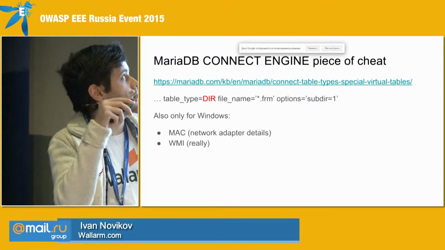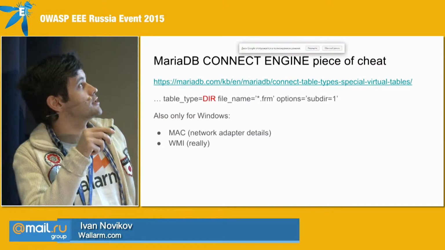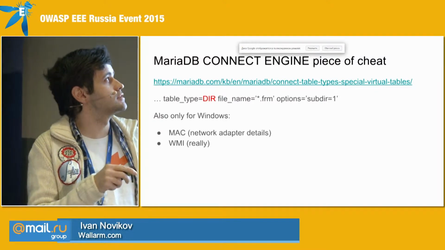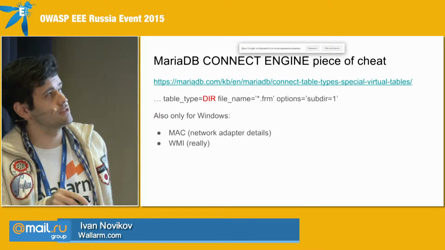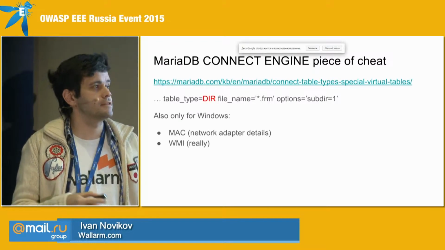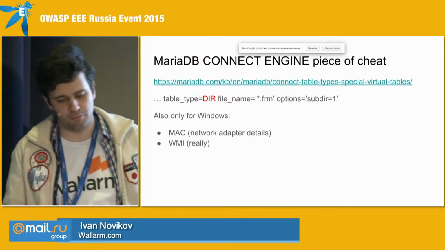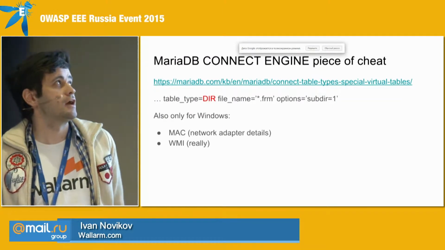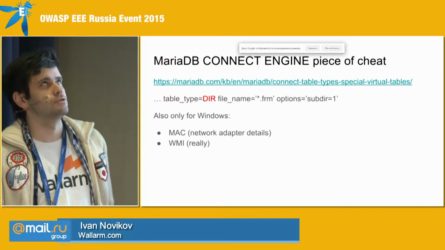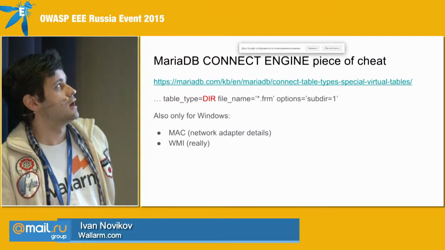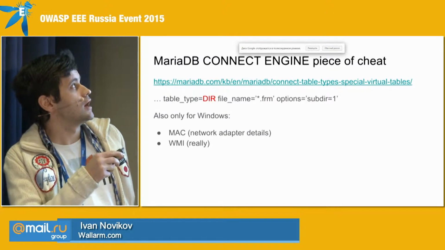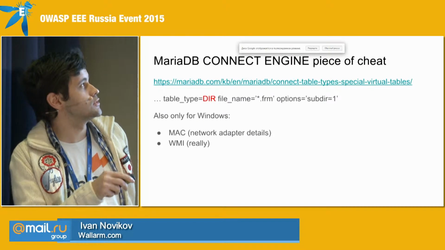After that, I found in the MariaDB documentation a nice type of virtual table called DIR, which can let you read the content of folders. It's a really useful thing, and in the case of real exploitation during penetration testing or something like that, it's really important to read the directory structure to find different files. And also, if MariaDB is installed on Windows,